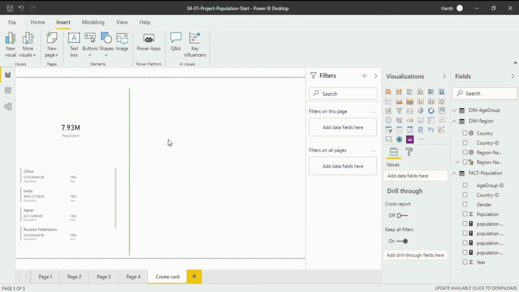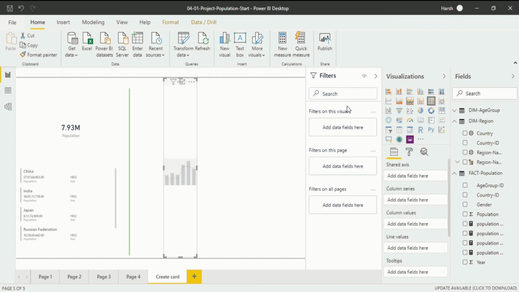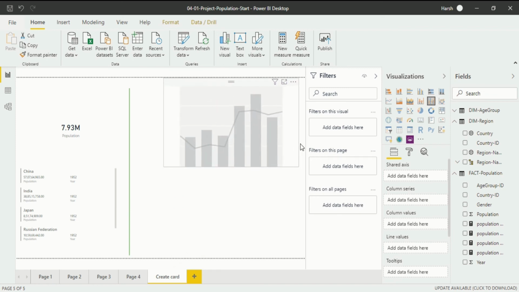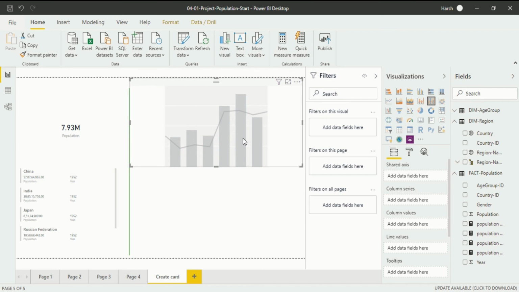Now we have to create a combined visualization. Again we should go into the Home ribbon. After that, in the Visualization section we will go into a combined chart, which is the line and clustered column chart. We will click on it and you will see the visualization is now created. We will decrease the length of it and increase its width by this size also.